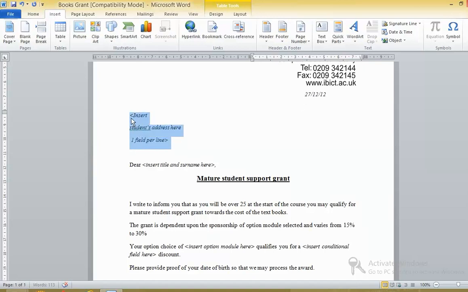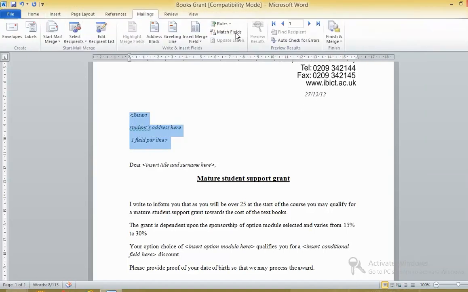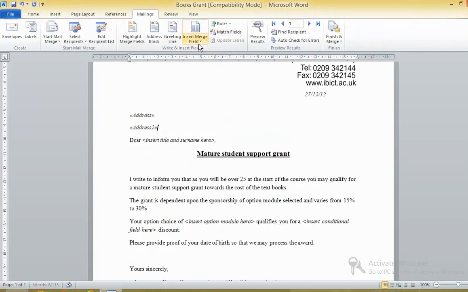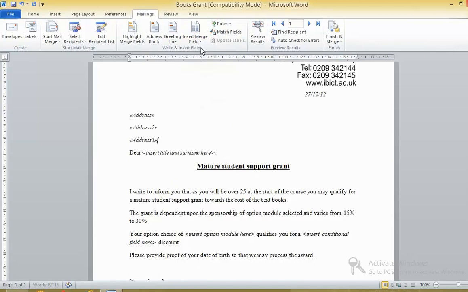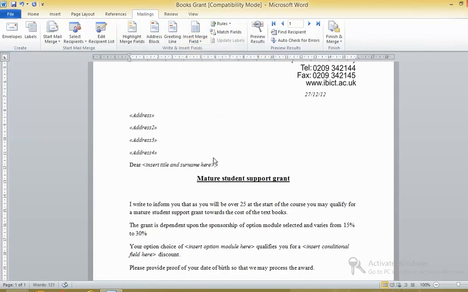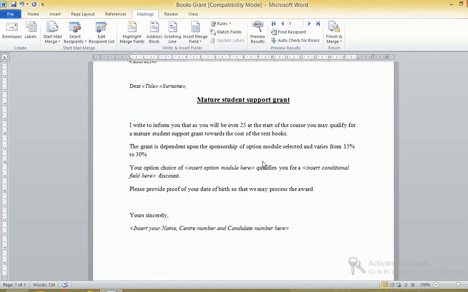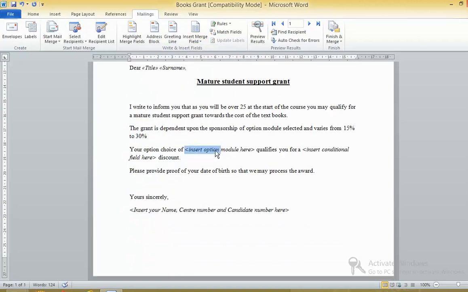Insert per line 1, title and surname, option module,